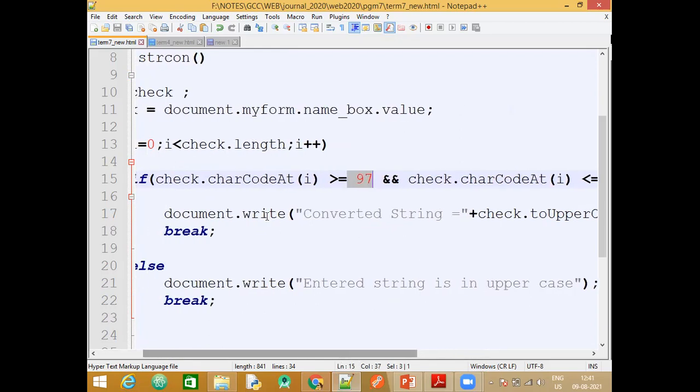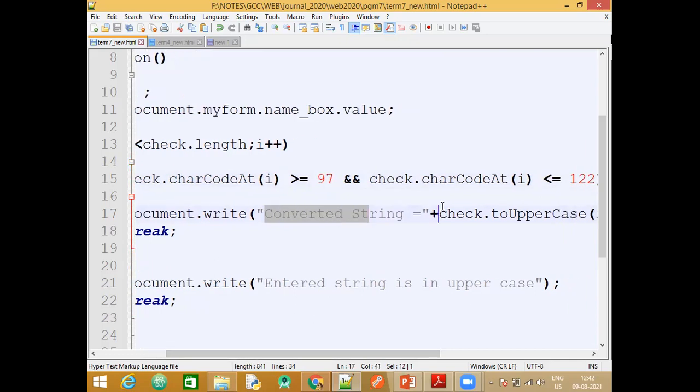Okay. So I am saying you traverse. First time when i is 0, it will have the letter A. So what is going to be the char code of A? Who remembers the first one? 97, no? It starts from 97. So if it is greater than or equal to 97 up till 122, it means it is already in lowercase. Sorry, 97 to 122 is for lowercase only, no? So if it is in lowercase, then what do you have to do?